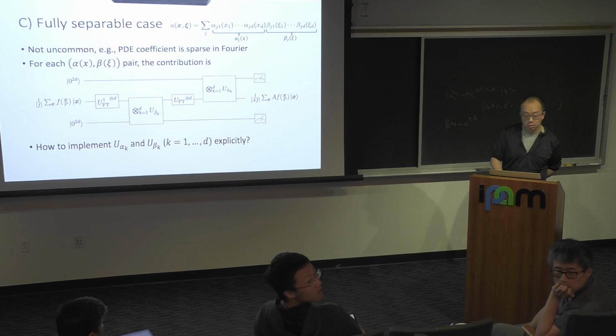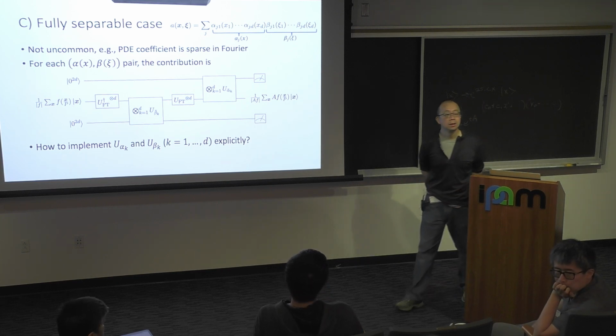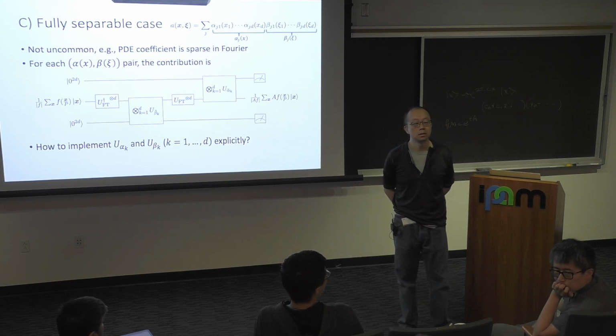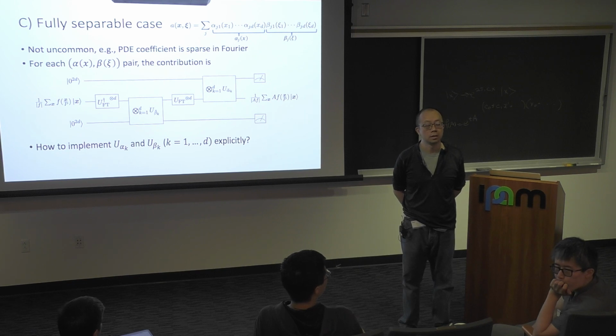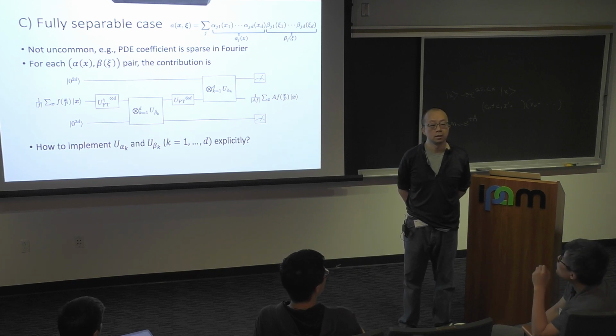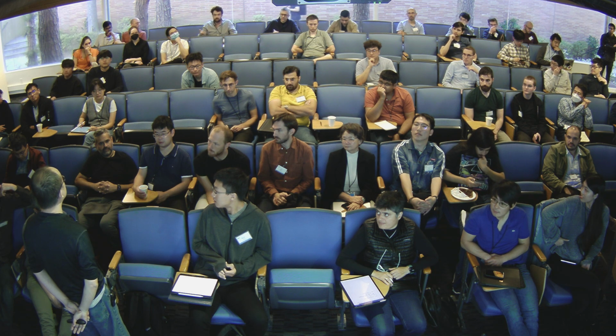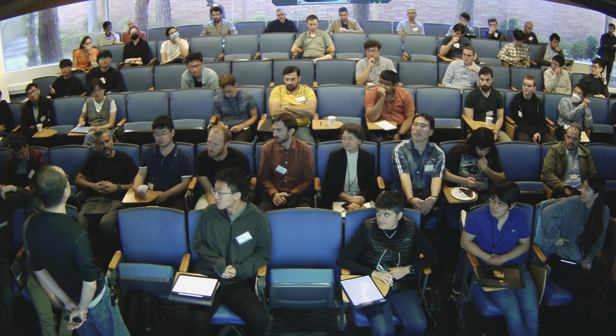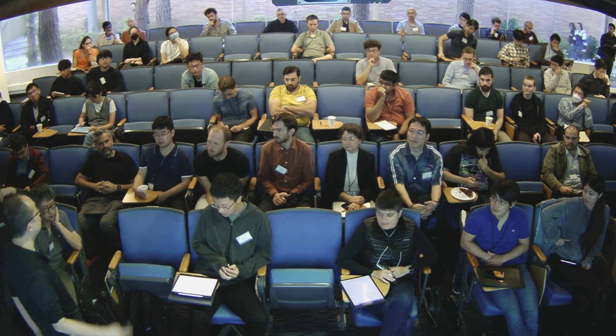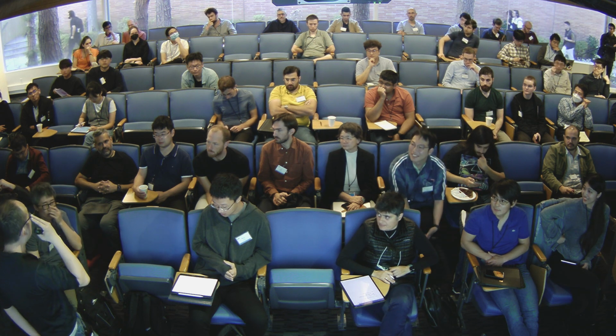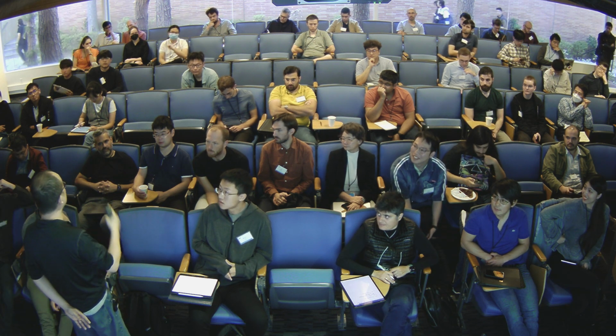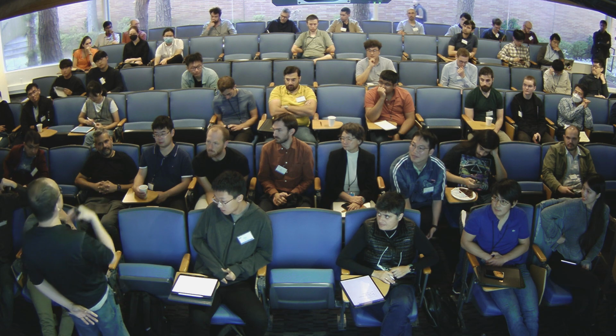I guess I didn't fully understand the difference between if I just have a block encoding of A versus a block encoding of the pseudo-differential operator of A, and I do this sort of eigenvalue transformation to implement functions of it. This is constructing the block encoding, but how do you get a block encoding of the original A? Yeah, in some sense, we're doing the block encoding for A, but through this pseudo-differential operator representation. That may be a better way to market this project.